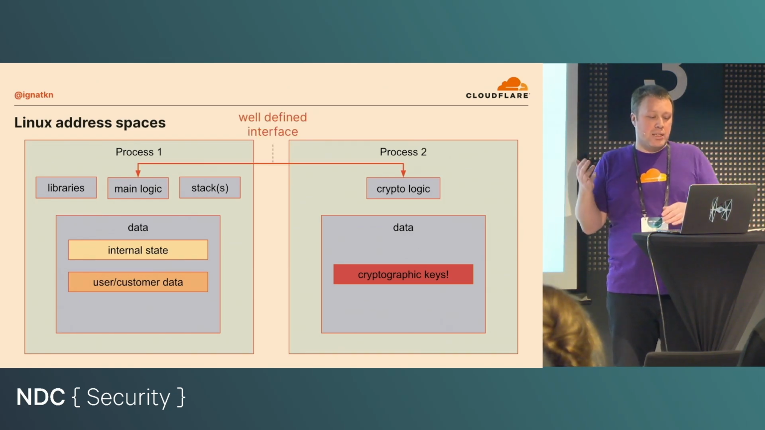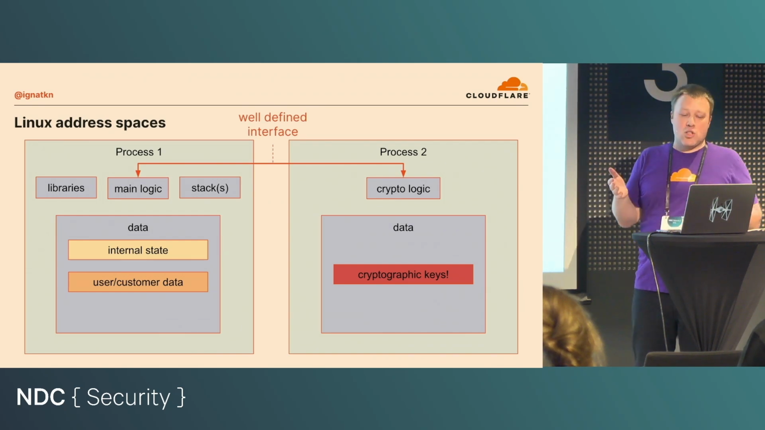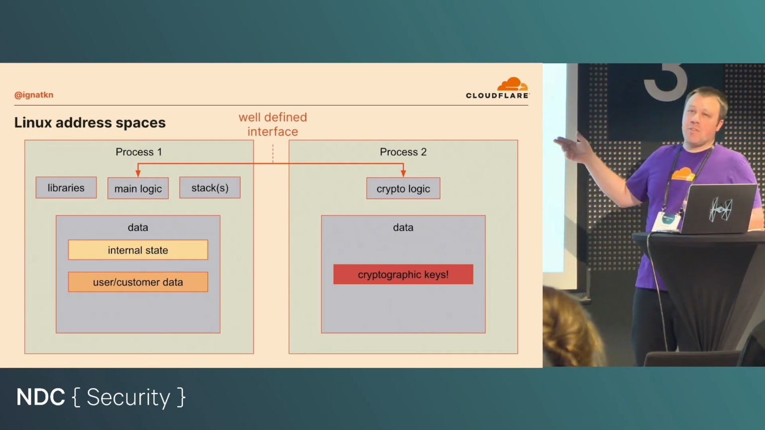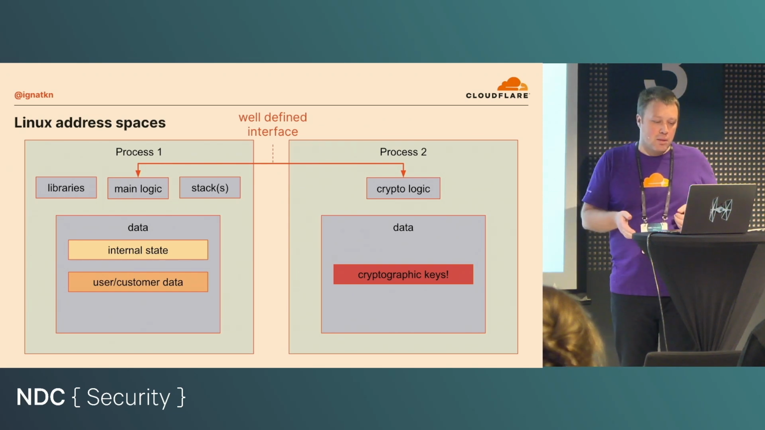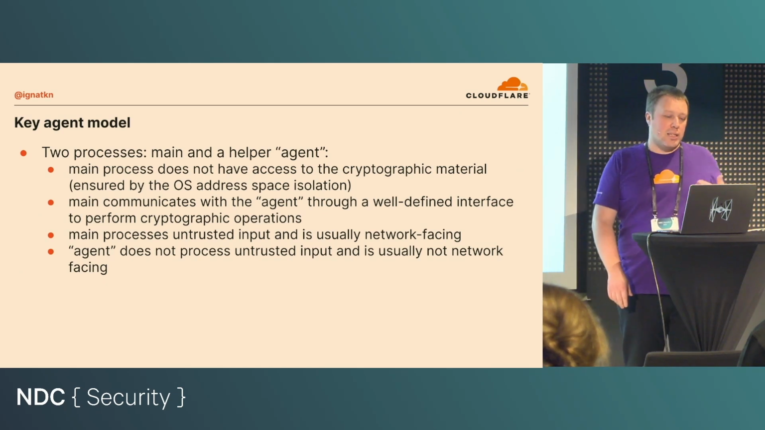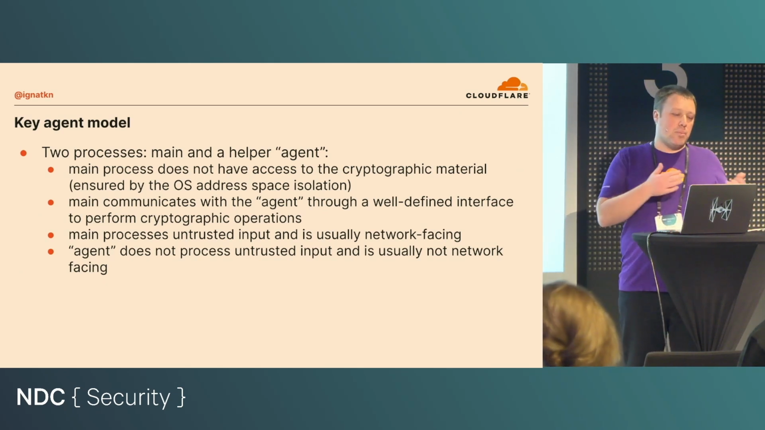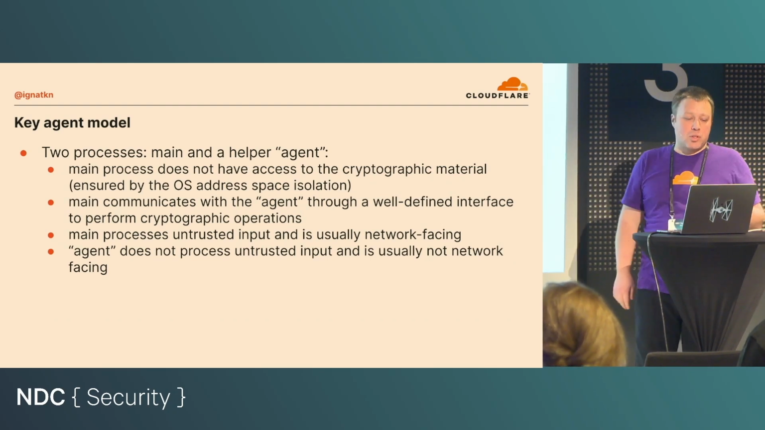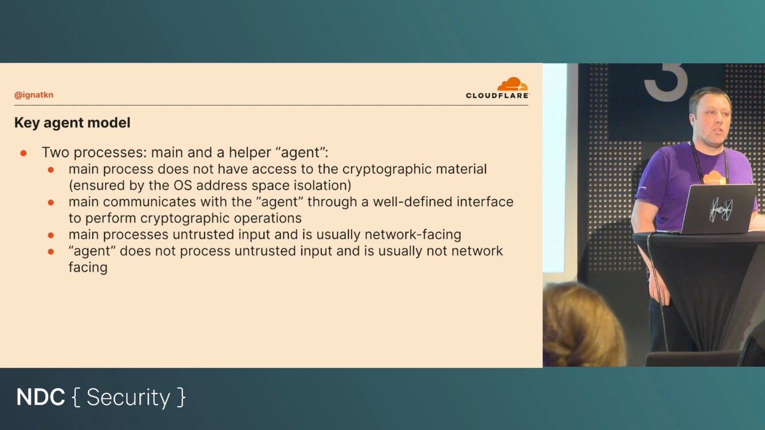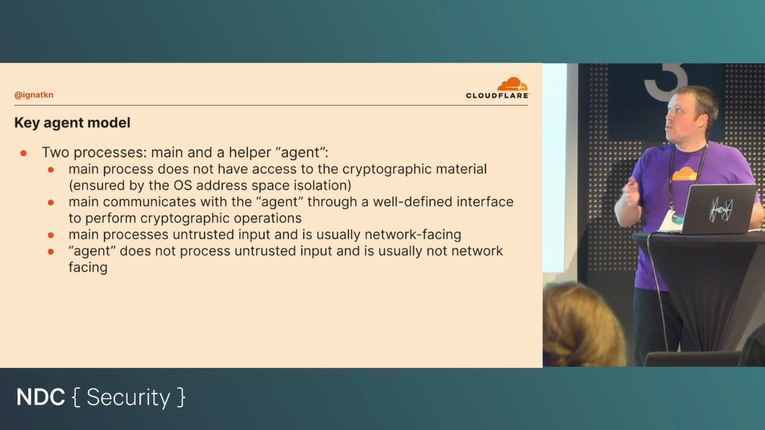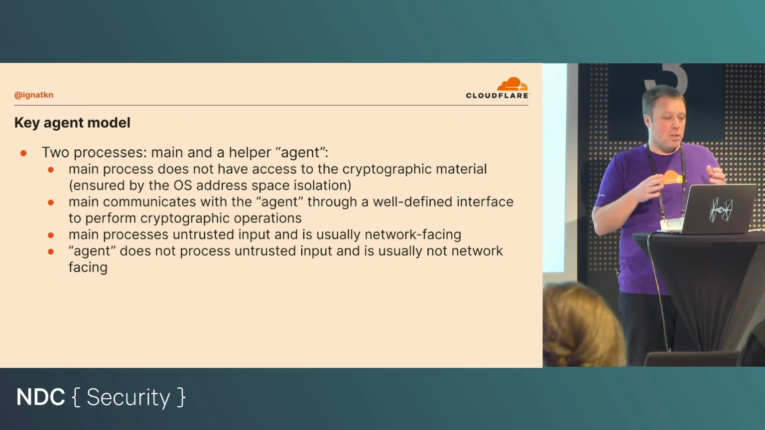And this code will create a well-defined interface between the two applications, where the main application will allow you to somehow use the cryptographic key stored in the process address space of the other application. And this model is quite common these days, so I call it an agent model. So we have two processes, a main process and a helper agent. And the main process doesn't have direct access to the cryptographic material, and it's ensured by the underlying operating system via address space isolation. And main communicates with agents through a well-defined, stripped-down, easy-to-audit interface to perform cryptographic